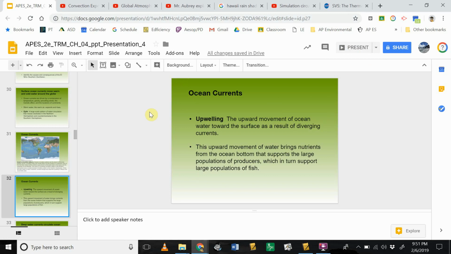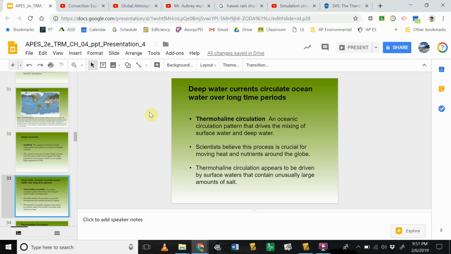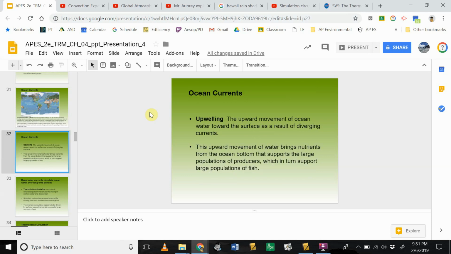It's the upward movement of ocean water to the surface that brings a bunch of nutrients up to the surface that supports large populations of producers, which in turn support large populations of fish. And so that is hugely important, and is the reason why many populations of fish along the coast, especially in coral reefs and stuff like that, can prosper so much, is because of this idea of upwelling,